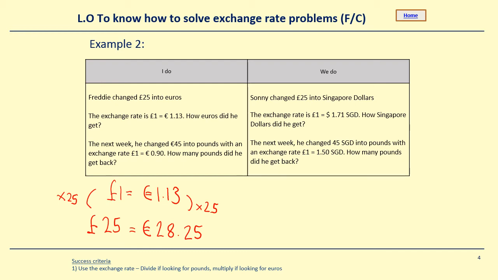The exchange rate is £1 to 1.71 Singapore dollars. So we're looking for the Singapore dollars as our answer, so we're going to multiply. So £1 equals 1.71 Singapore dollars, then £25. 25 times the amount of pounds is going to be 25 times the amount of Singapore dollars. So 1.71 times 25,